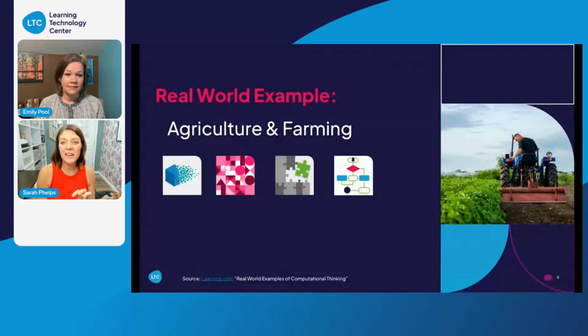We look at patterns in the almanac that tell us and help us know when to plant and when to do certain things for our crops or our fields. We have to decompose issues that we might be having with our crop. I'm a terrible gardener. I definitely have to use my critical thinking and my computational thinking skills sometimes, because none